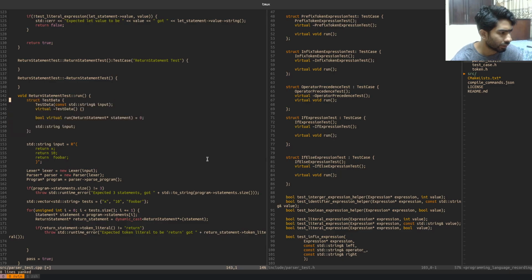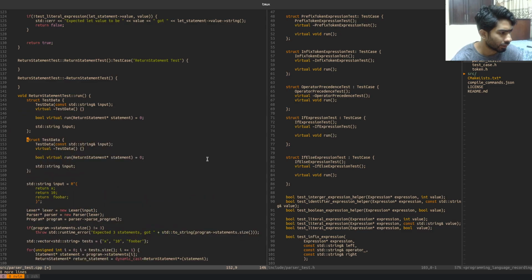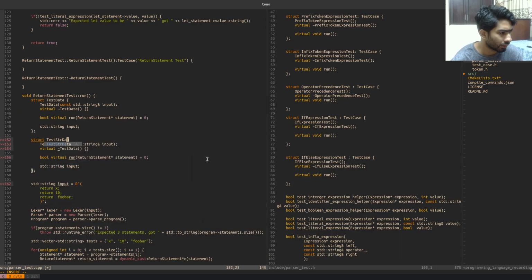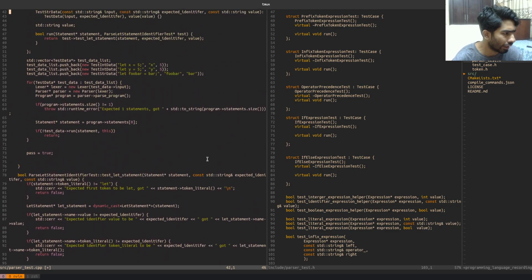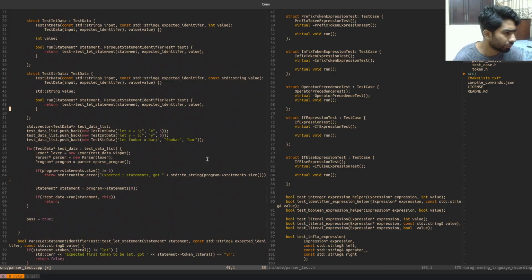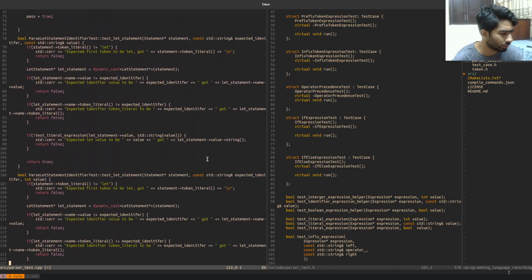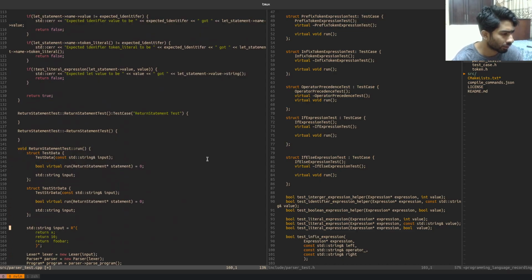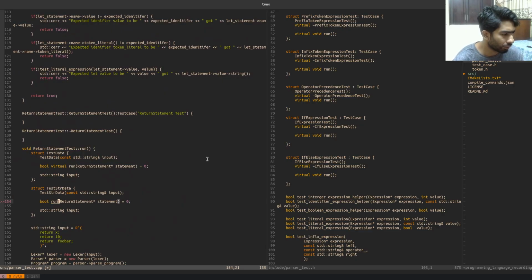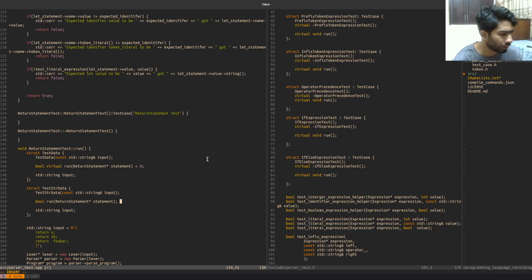For string, I think what I'm going to call is test string data. Actually, you know what, let me actually check. Did I put any virtual function before? I mean, I wrote some test before. Yeah, no test has a virtual. Just remove that stupid line. Yeah, we don't need to make it more complex. Yeah, we call it test string data. We remove virtual, we remove equals 0, we don't care. What we do care is actually calling if